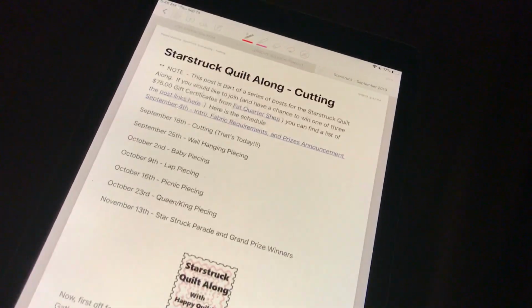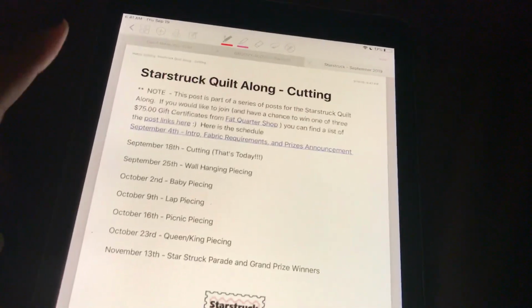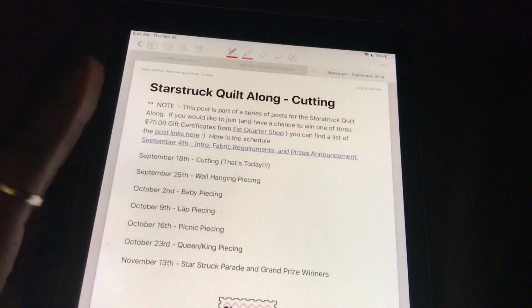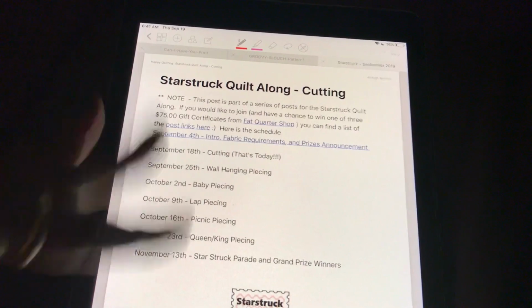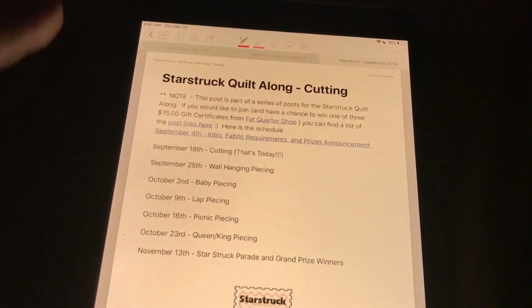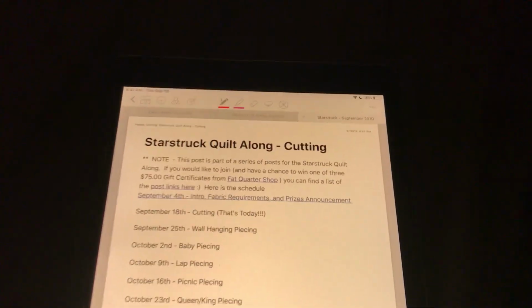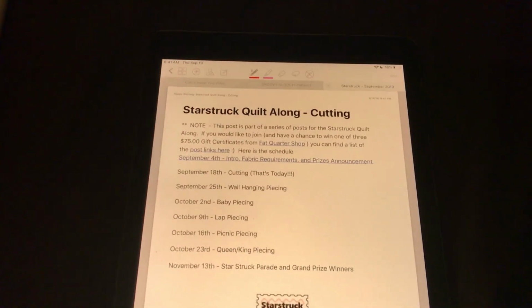This is technically the first full week of the Starstruck Quilt Along. And I'm just going to show you guys kind of real quick what my plan is and how I plan to tackle this. First of all, I have mixed emotions about cutting the whole project at once. And I hope you guys can see this okay. But I think it is helpful because sometimes you just don't know what you're getting yourself into and it can